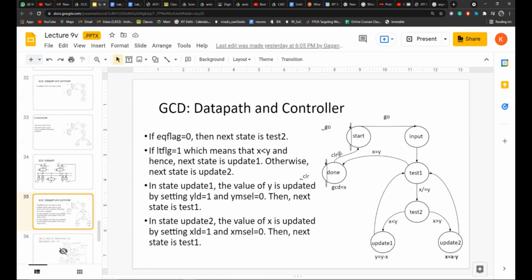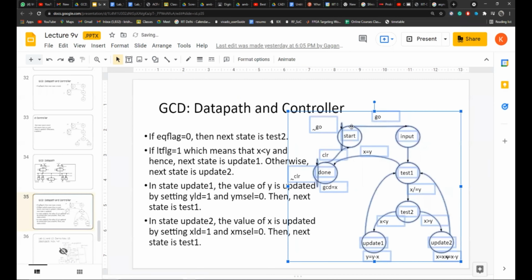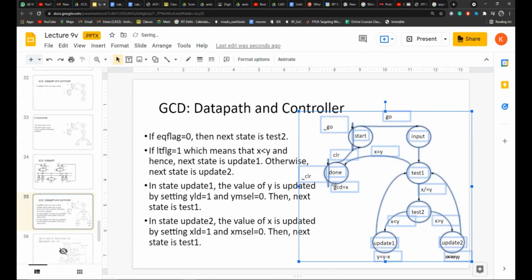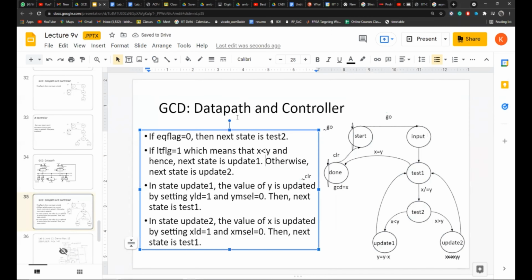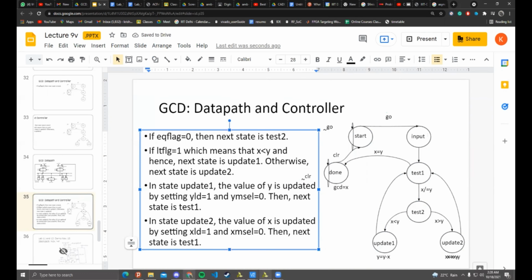Changed as in the initial values of x and y are changed, and when that value changes, we need to go to done and start. So this will automatically determine when we need to start the FSM or when we need to terminate the FSM. You can do that by changing the go value, but this is not something that we'll discuss in this lab. So yeah, this is all you need to do.